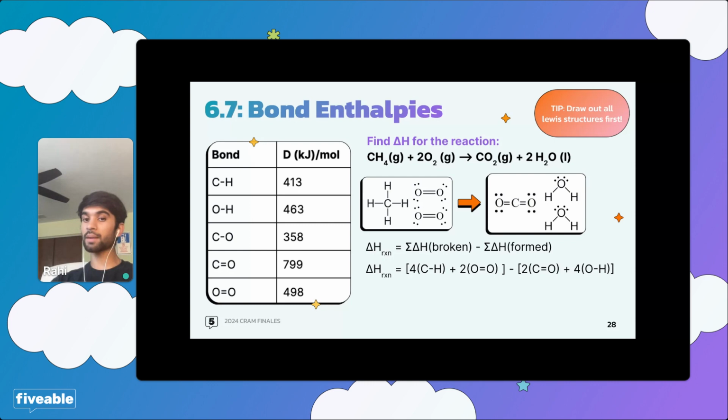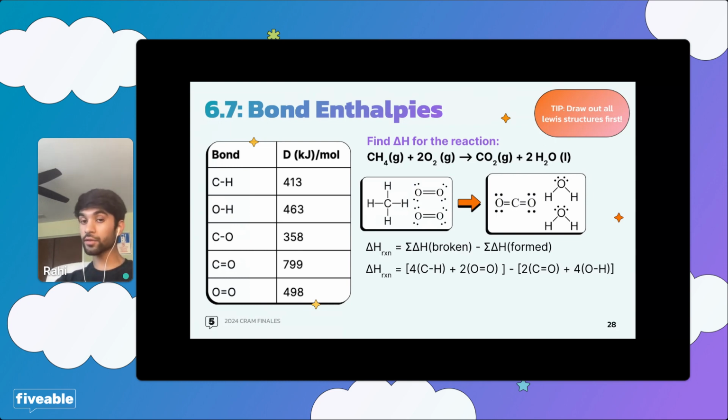And then what bonds formed? Well, you have a double bond between carbon and oxygen, but how many times did it form? Not just once, but twice, right? Because it's carbon dioxide, not carbon monoxide. And then also, you have the bonds between oxygen and hydrogen in water, right? You might be given a bigger table. You might be given things that are unnecessary. For example, this one, 3 down, the single bond between carbon and oxygen, that has a dissociation energy of 358 kilojoules per mole. We don't use that. Don't try to use everything.